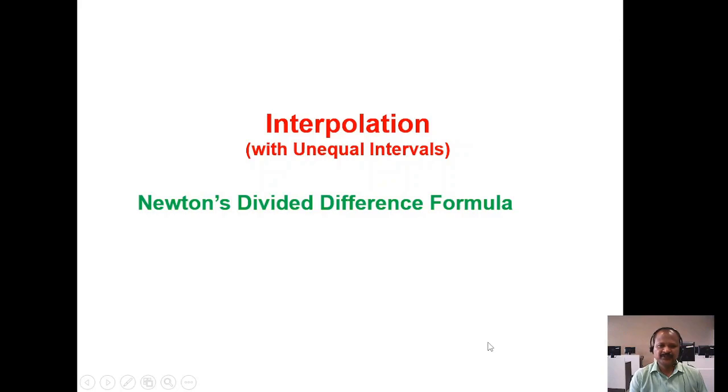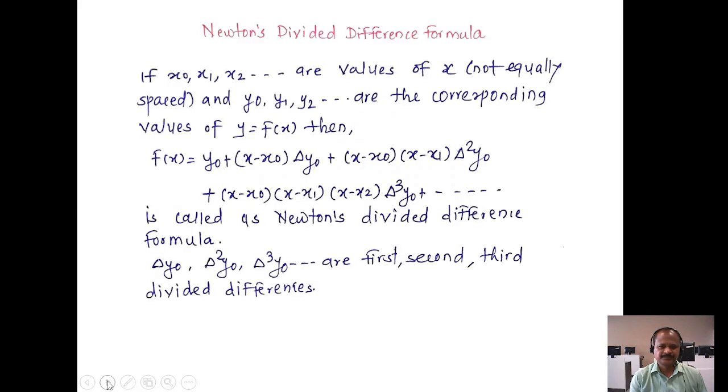Interpolation with unequal intervals, Newton's divided difference formula. If x0, x1, x2 up to xn are values of x not equally spaced, and y0,